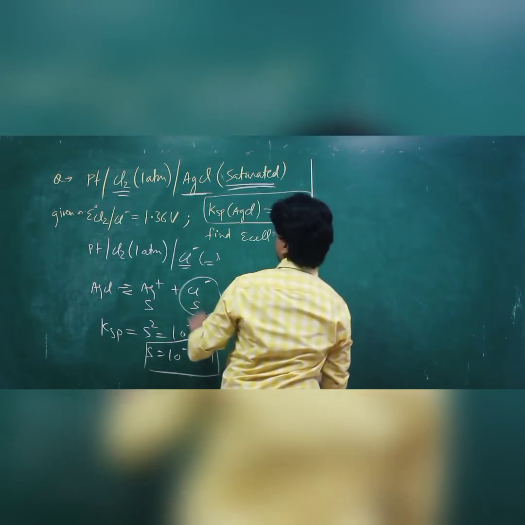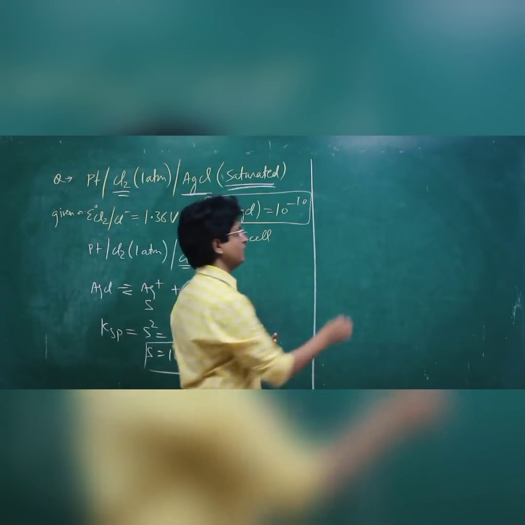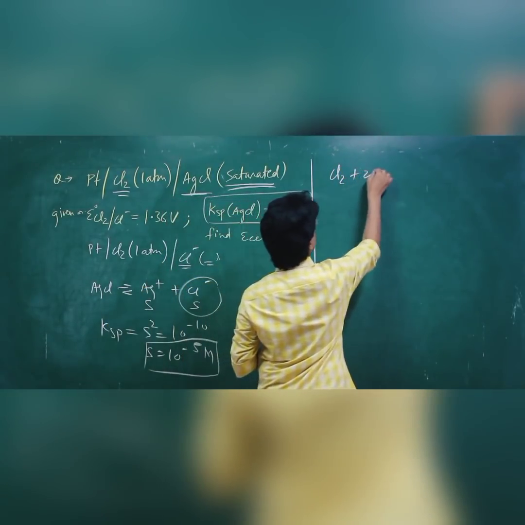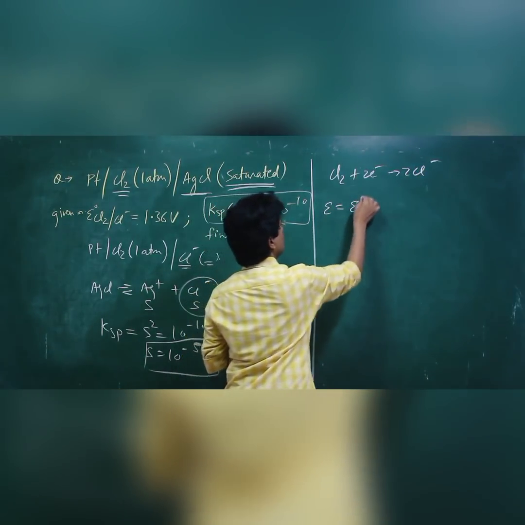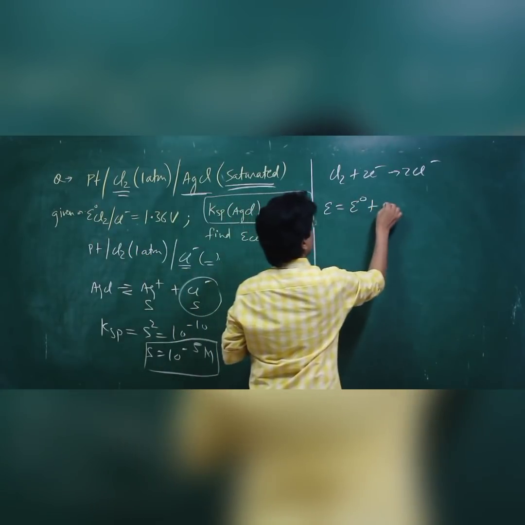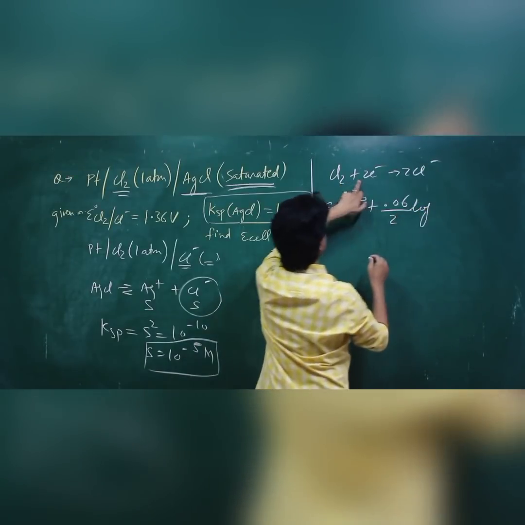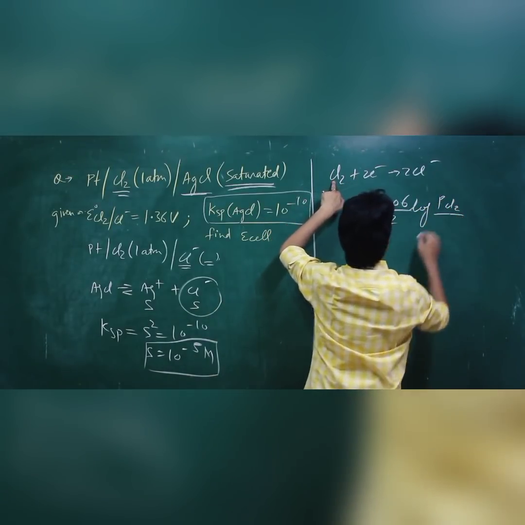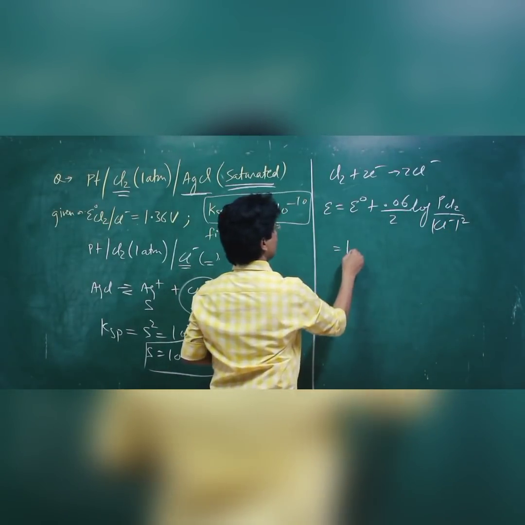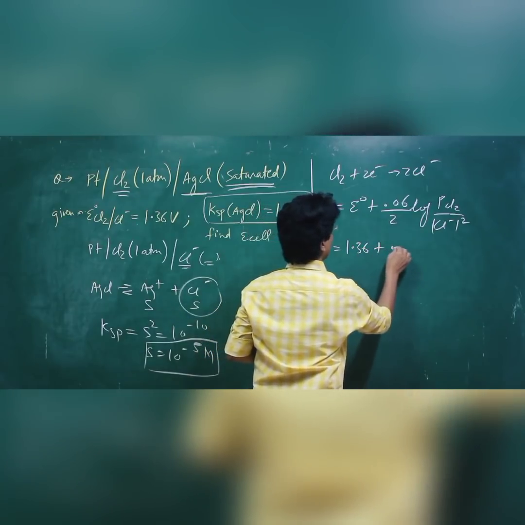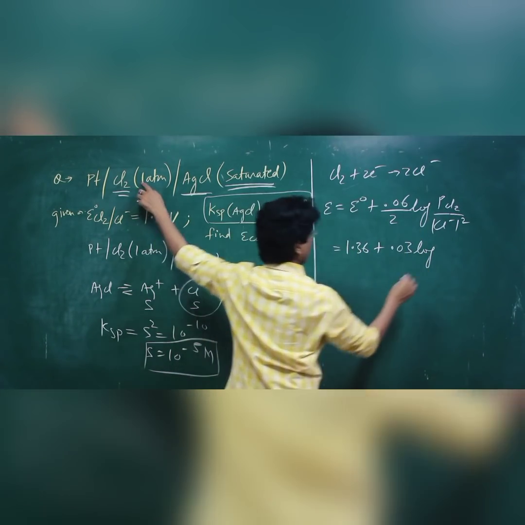Now see, let me write down the cell reaction. If nothing is given, you have to write down the reduction reaction. So Cl2 will accept 2 electrons to give you 2 Cl- ions. So for this, E will be E naught, which they have given me, plus 0.06 upon how many electrons? 2 electrons, log of reactant partial pressure of Cl2 upon Cl- ions whole square, the law of mass action. This is given as 1.36 volt plus 0.03 log of partial pressure of Cl2, 1, Cl- ion